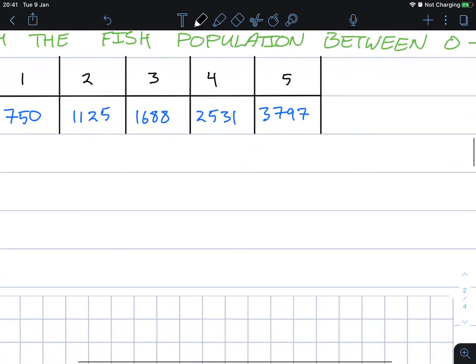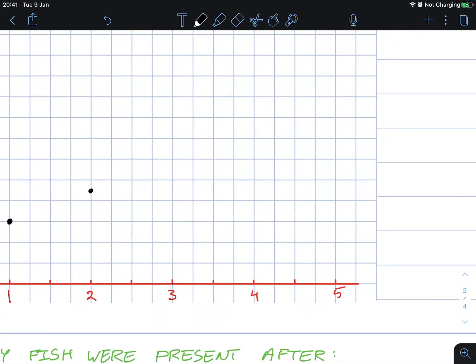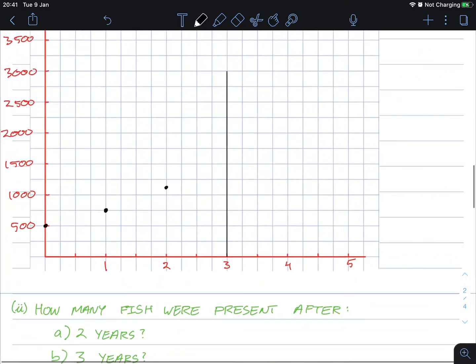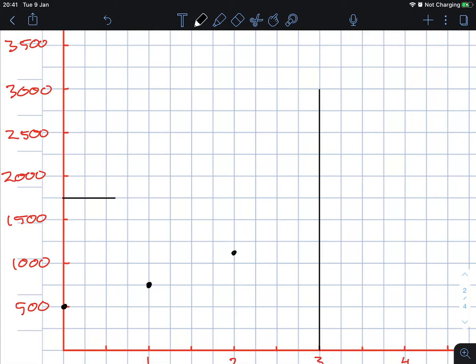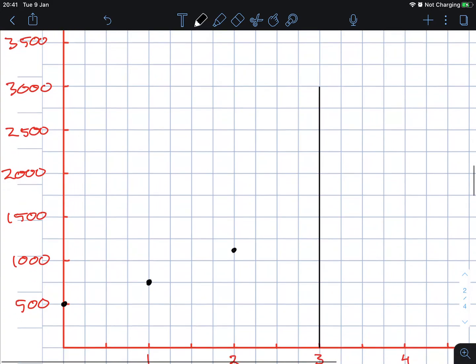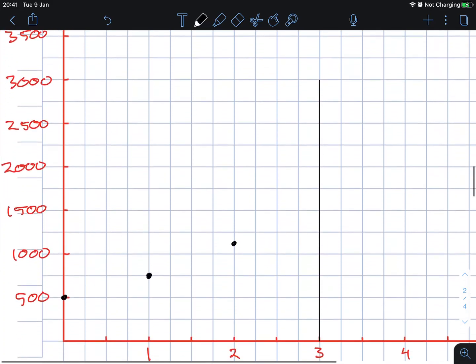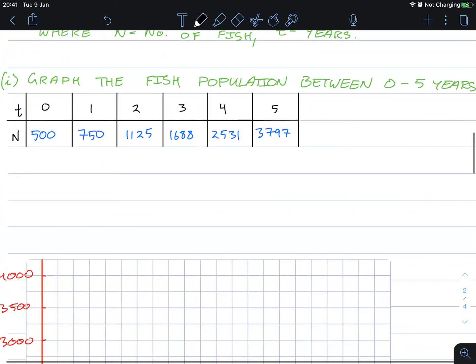At 3 years is 1688. So let's go along the bottom for 3 years. At 3 years, we want 1688. So this is 1750, but we want 1688. That would be about, say here. There we are. Now this doesn't need to be entirely accurate because it's impossible for us to manually draw this